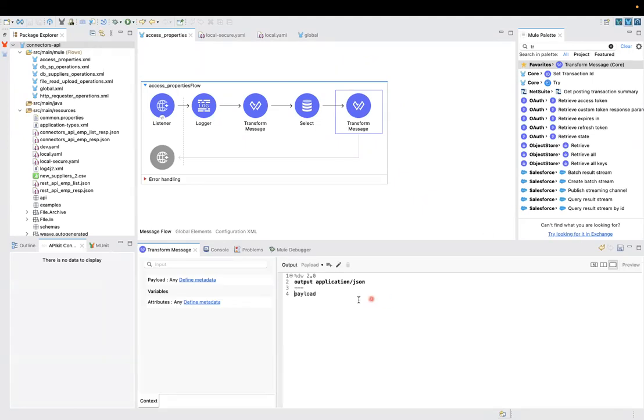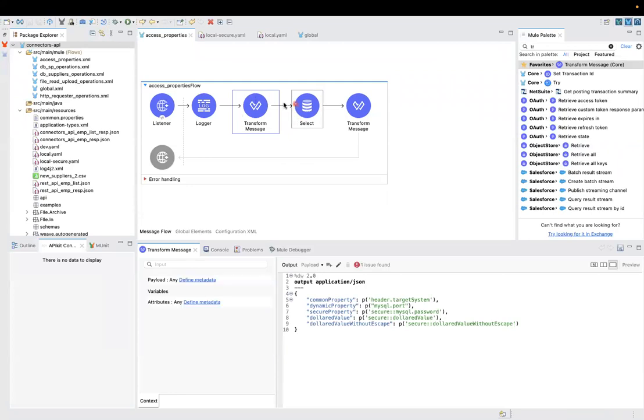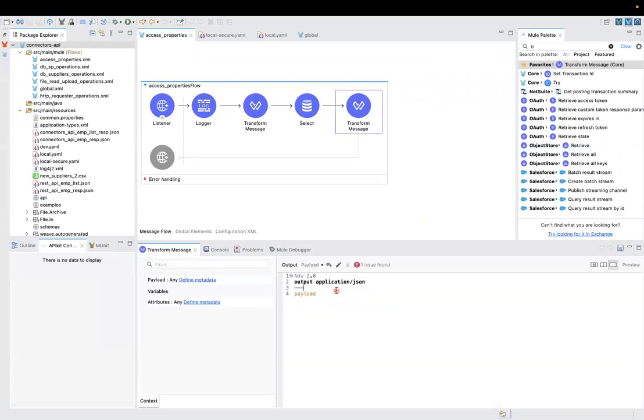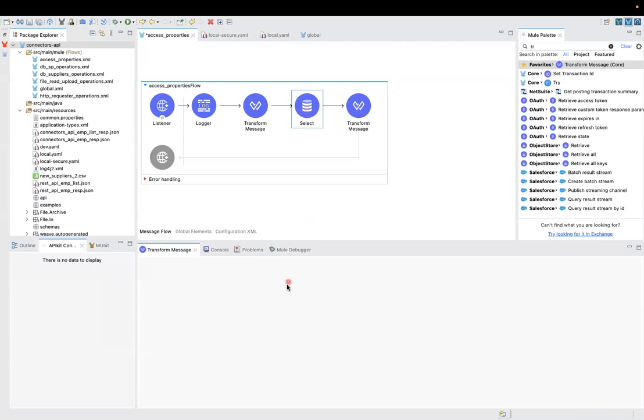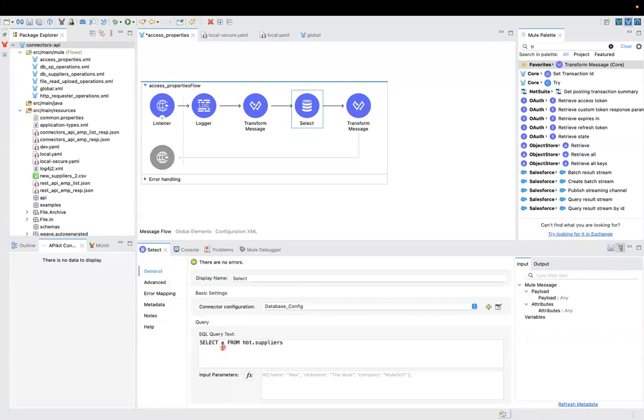So now, instead of reading the payload directly, we are going to assign this database result to a variable, and then we are going to use the payload of properties as well. So for that, here I am going to create a variable with the suppliers data, where we store suppliers data, and properties will be within the payload only, since we will override the database operation with a variable. So here, database operation, and here